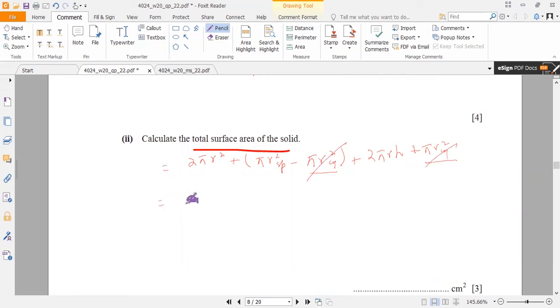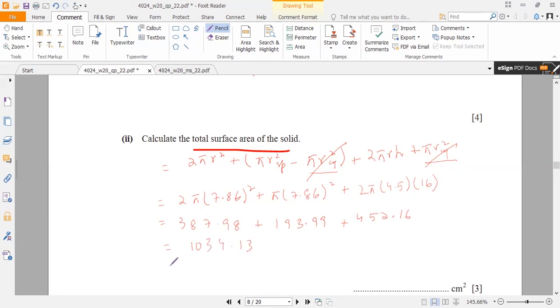So now 2 pi, what is the value of the radius? It is 7.86 as we found in the previous part, plus pi times radius 7.86 squared, plus 2 pi, where the radius is 4.5 of the cylinder and the height is 16. So it will result in 387.98 plus 193.99 plus 452.16. After adding all these numbers, we will get